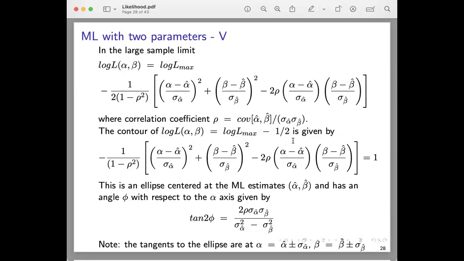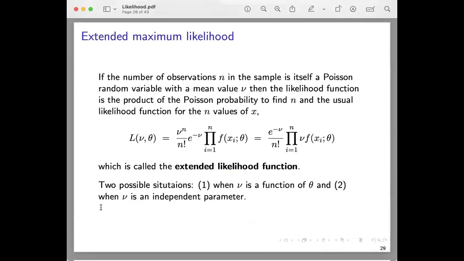Okay, and one can also find the angle of this ellipse with respect to the alpha axis, which is given by this expression. Okay, this is a special case where you can also do analytic calculations. Okay, now we discussed